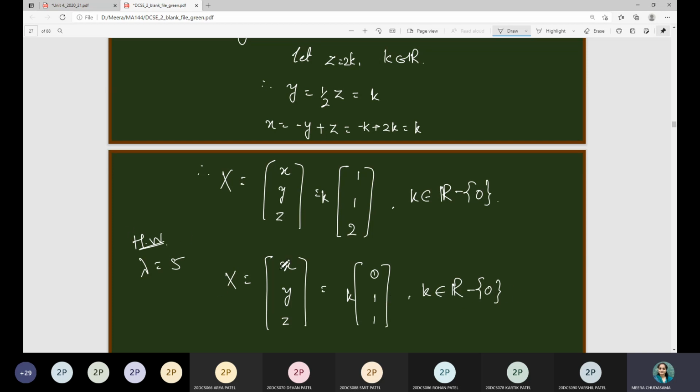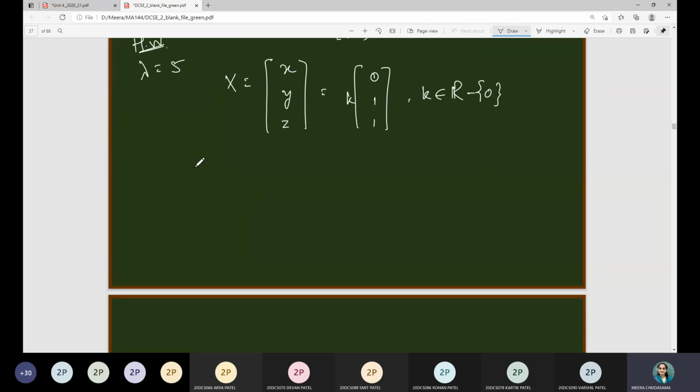Right, so this is what the 3 cross 3 matrix eigenvalues and eigenvectors are. Now, as I was talking about, when you are given a 2 cross 2 matrix, what will be the corresponding formula with respect to S1 and S2? So in that case, suppose you are given a matrix. Suppose I ask you the example: find the eigenvalues of A equal to 5, 3, 1, 3.